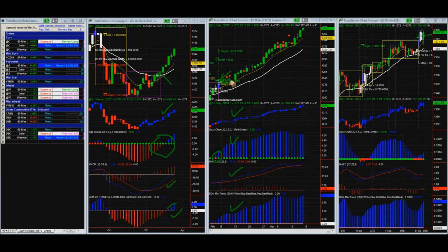Everything's intact to the long side. And now we've got a nice trend in place on the daily chart. This is very constructive. You have a nice angle of upward movement here, nice 45-degree angle. I think what you'd be looking at here, and here's the tough part, I mean, you would expect some kind of resistance to come into play, and then what you would be looking at is a pullback. So any pullbacks to the 21 period moving average, which right now sits at about 1320, I think are decent buying opportunities, either from a swing trading basis or from an intraday basis,